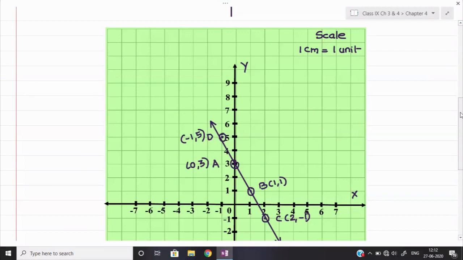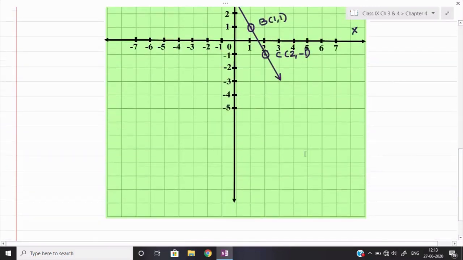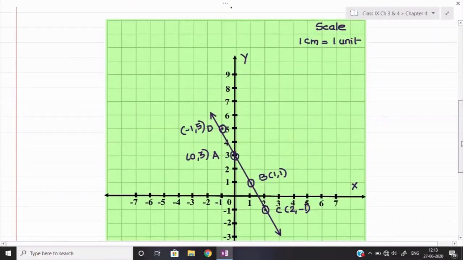Okay, because some questions you have to simply solve, and some questions we need to draw on the graph paper. So take a piece of graph paper, as much as is required. You may not require the full graph paper. You see, this much graph paper is going to waste over here. On one graph paper you can easily draw two shapes. Use half the graph paper for one part and the remaining half for the second part. So it is better you take half a piece of graph paper, draw your graph, and then paste it in your notebook. That will be a little difficult for you, but you will maintain the notebook in a more proper manner.